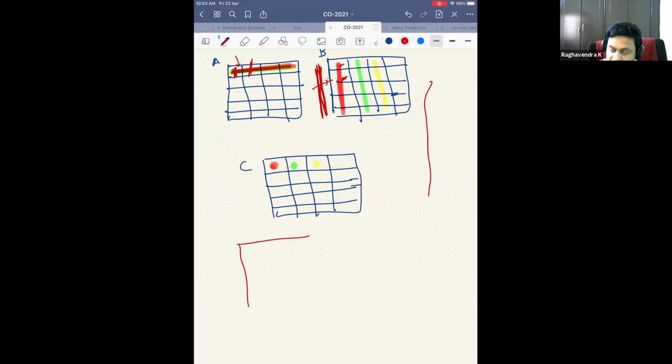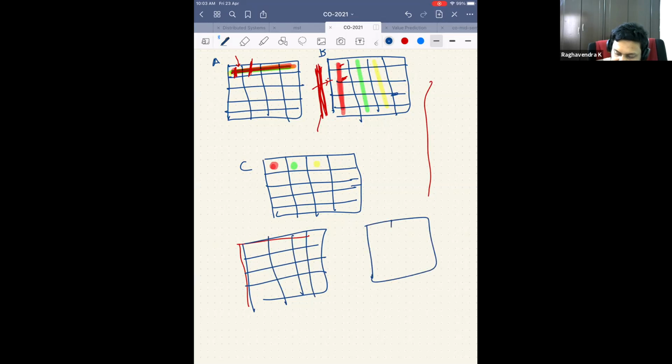One way to overcome the spatial locality problem is to do a transpose, but transpose itself has a cost, so I don't want to do this. Now I want to convert this lack of spatial locality to temporal locality, and to maintain this temporal locality, the way I do it is this. I have the same matrix A, same matrix B, and same matrix C.